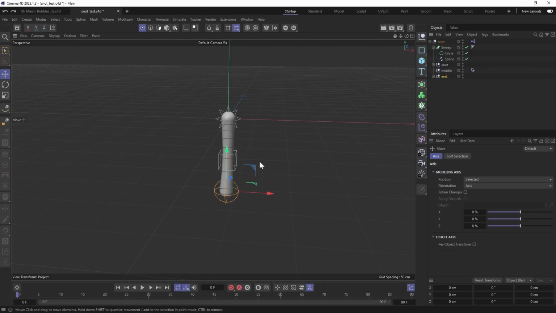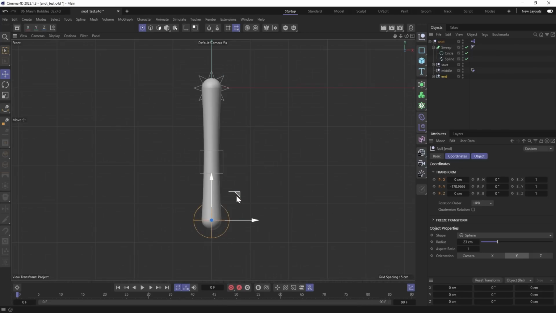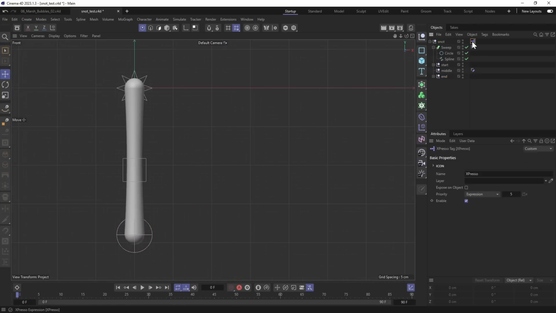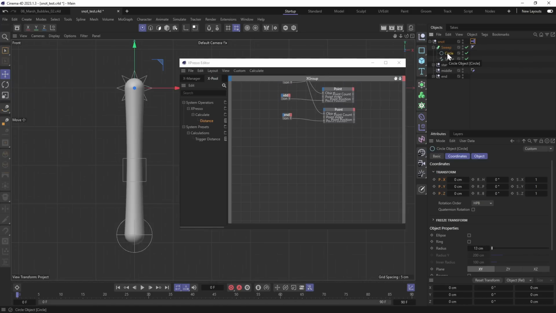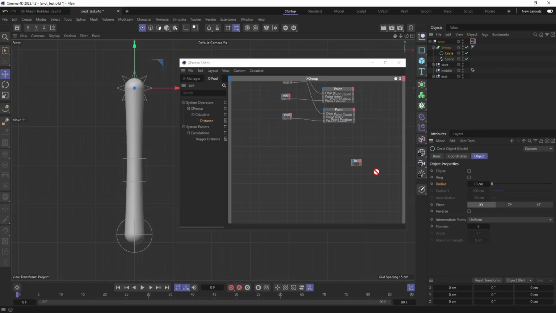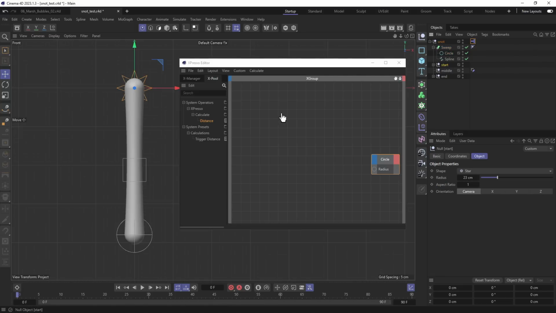Next, we're going to make this sweep thinner as it stretches. In other words, when it becomes longer, the radius will decrease. For this, we're going to use Espresso. Double-click on Espresso tag, and the thickness of this knot is basically the radius of the circle. So let's drag the circle and drop into Espresso. We're going to control the radius, so drop it as an input. The thickness will depend on the distance between these two knots. So we can immediately drag and drop the start null and the end null.